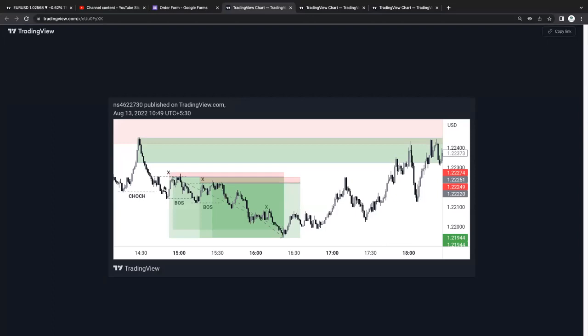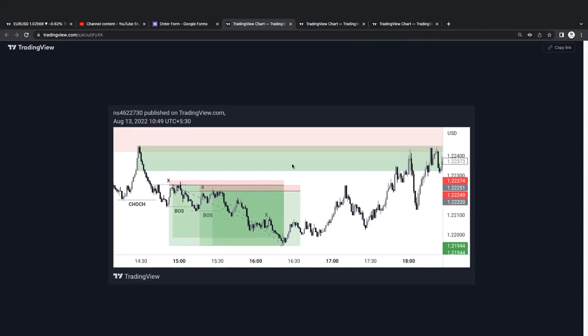Okay, change of character, sweep the liquidity. Okay, first one you can buy. Second one is also possible. Third one is also possible. Okay, correct. Actually, at this point,